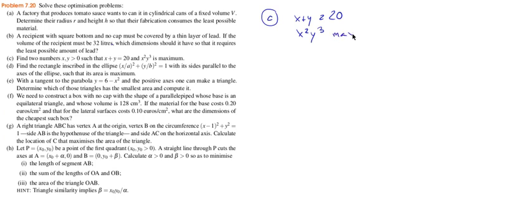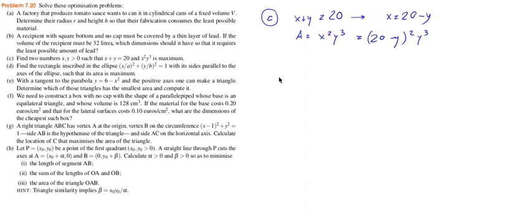So let's call A our function, x squared y cubed, and then we want to again express one variable in terms of the other. Let's express x in this case. X is 20 minus y,